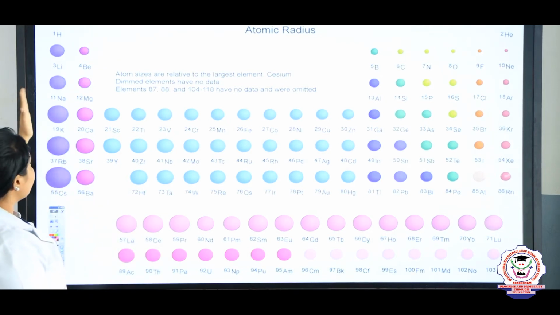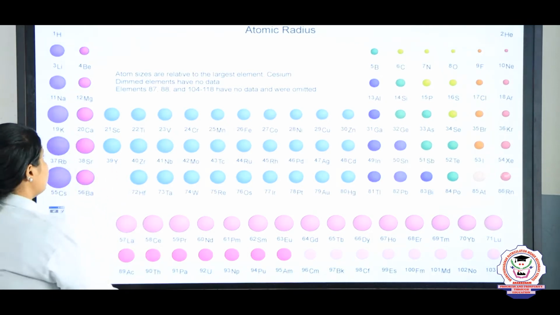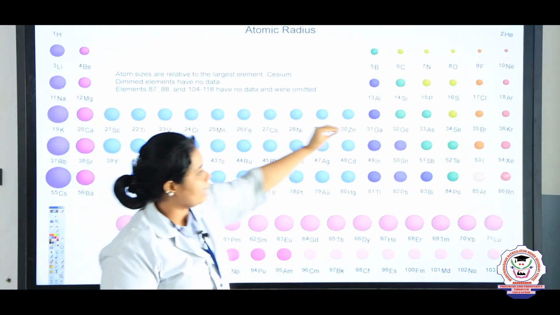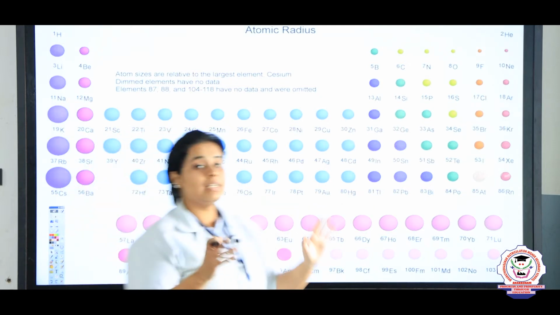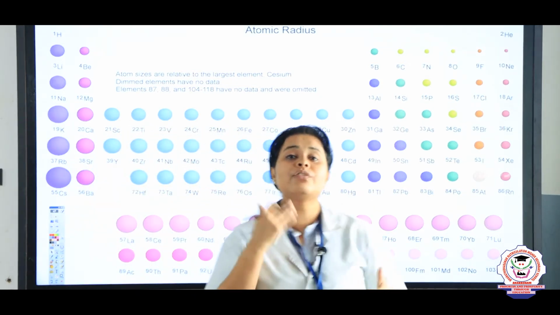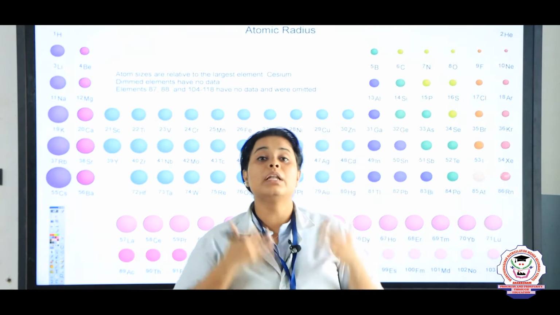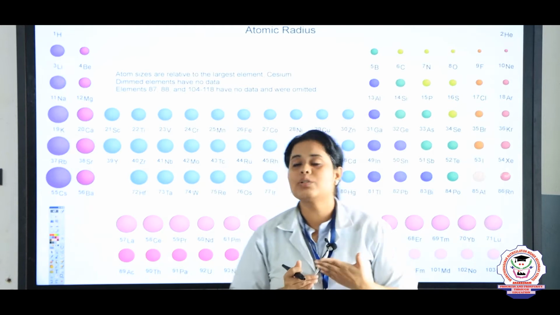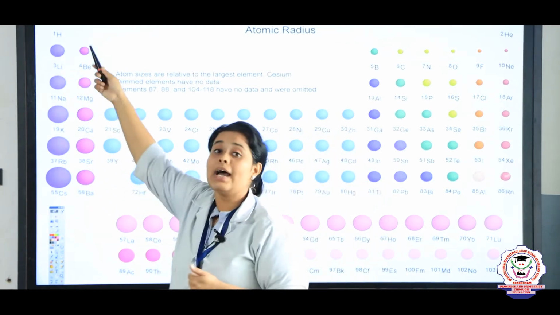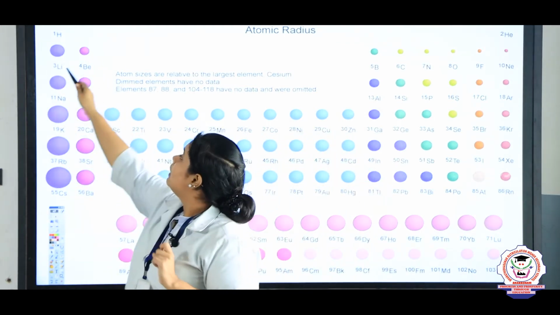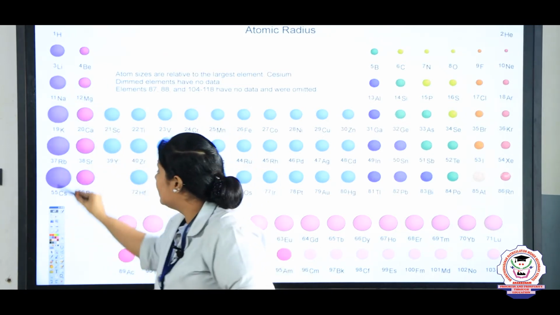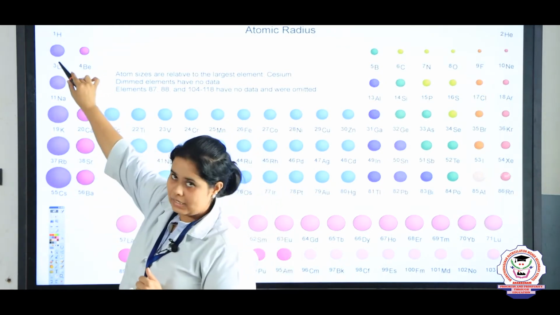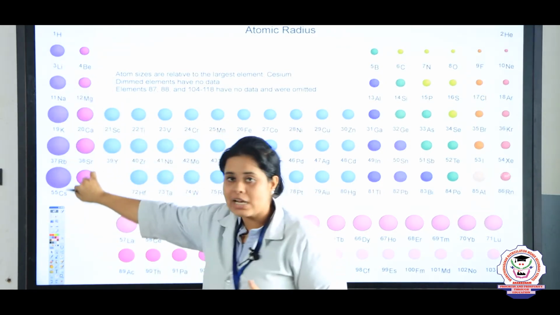In the same way, if you compare from the left side to the right side, you will see that the size of the atoms is decreasing. Here you can see that as the number of shells increases, the number of electrons will increase, and the radius will also increase. Hydrogen will have one shell, lithium will have two shells, and later till cesium, how many shells will it be? 2 are here, 3, 4, 5, 6 shells are here, right?